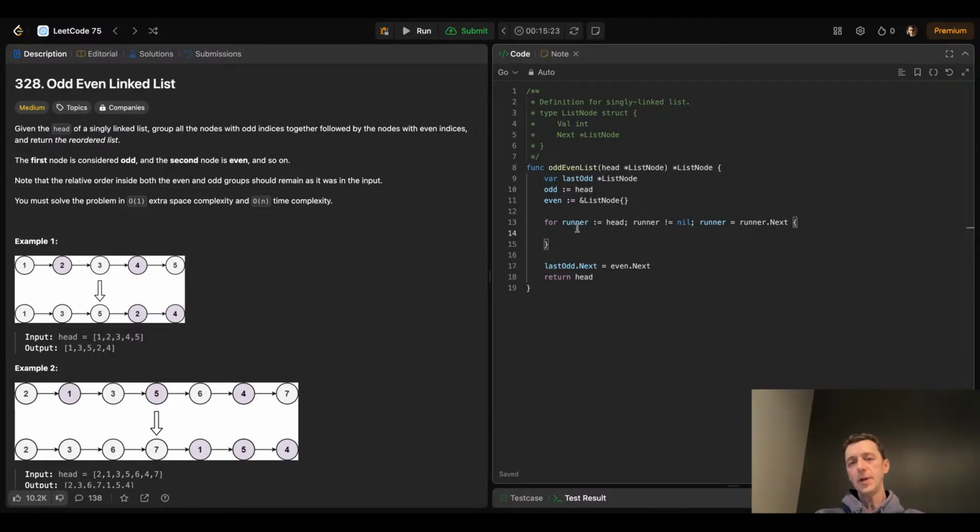So essentially, if it's an empty one, if head is nil, we'll return head. If head is just one value, we'll see how it tackles those corner cases. But for now, we want to find